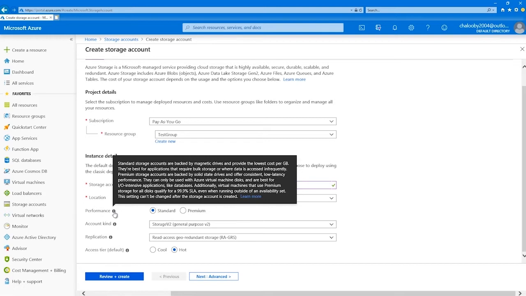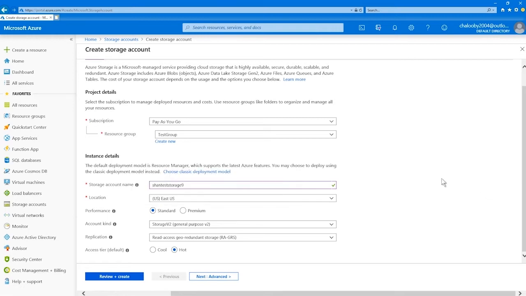They're good for bulk storage where data is accessed infrequently. Premium storage is backed by SSD, solid state drives, giving you consistency and low latency performance. They can only be used with Azure Virtual Machine disks and are best for I/O intensive applications like databases. Okay, so I'm going to stick with standard, which means I'm using the magnetic hard disks as opposed to the